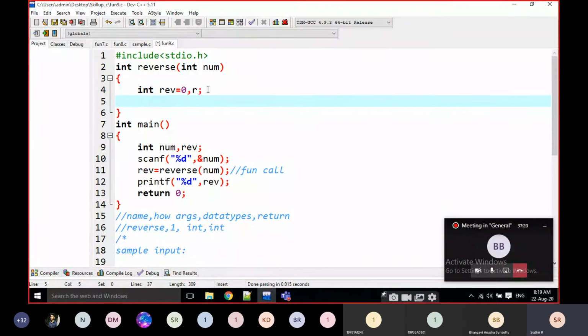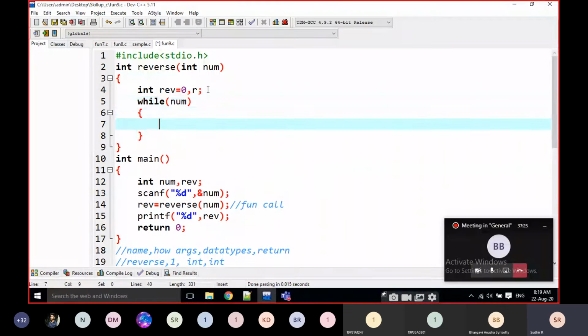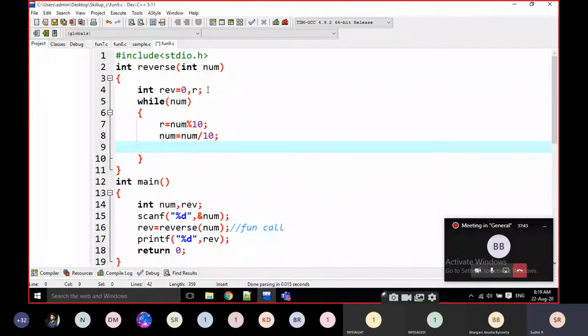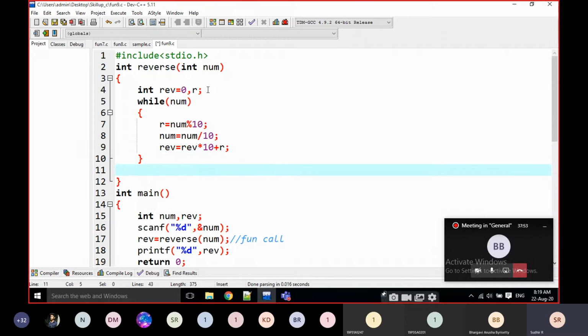I am going to write like this: while num, r is equal to num mod 10, num is equal to num by 10, and REV is equal to REV into 10 plus r. Now I am going to return REV here.